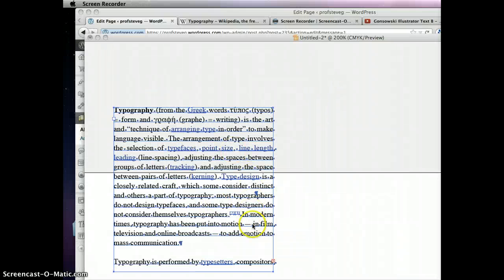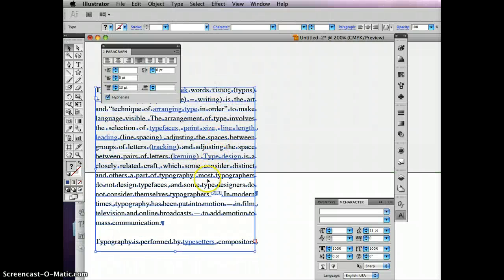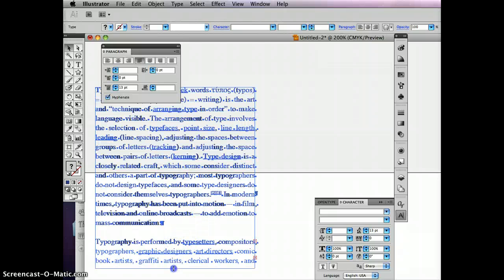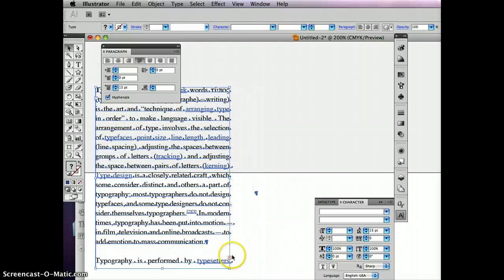So our next option will be called creating text threads. When you have a large amount of text like we have here, and there's not room for all of it to show up, you get a little visual indication, which is this thing right here. That's an overflow. You can think of this as a tank of water. This is letting you know that there's more water than can be held, so it can overflow. So if I click on this, and notice I'm clicking on it with the selection tool,